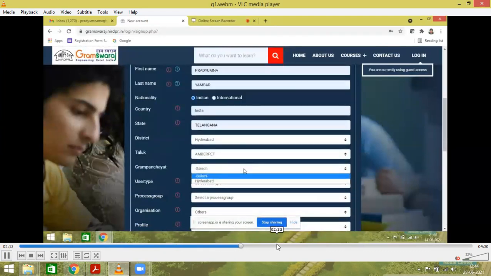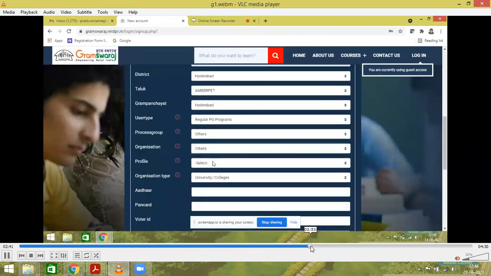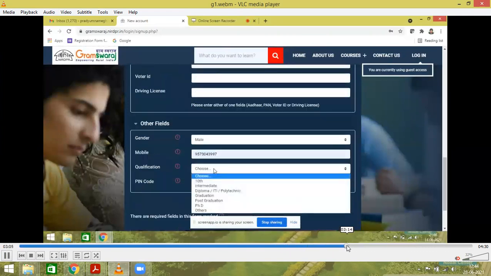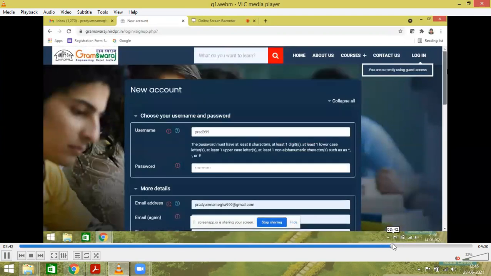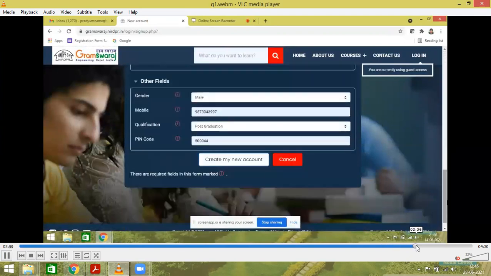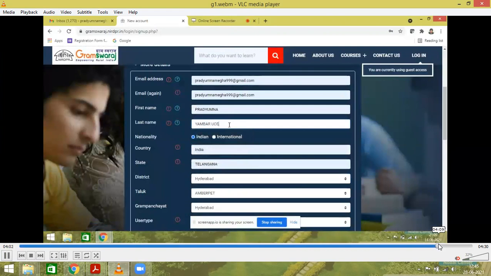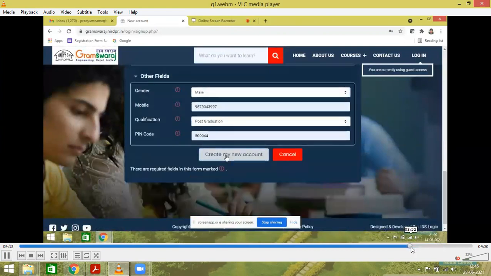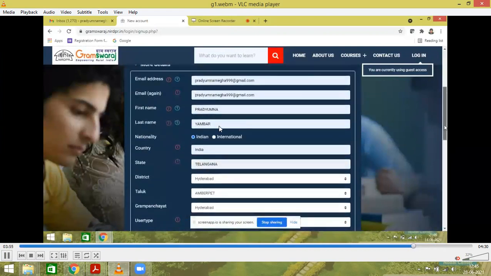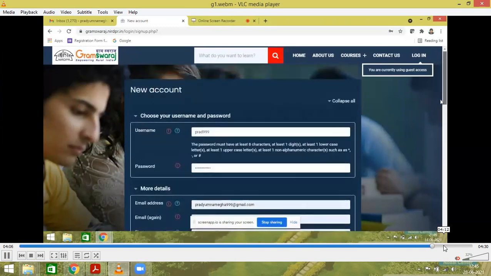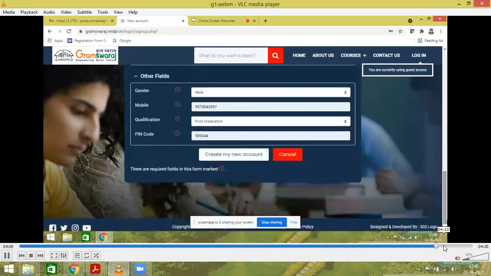So after going for the basic registration process, account will be created, then login. Yes, here also very important that in the last name you enter your college name. See here, I'm just uploading university details, but you mention your college name as we have discussed in the earlier sessions. Okay, in the bracket in shortcut manner. So create my account.